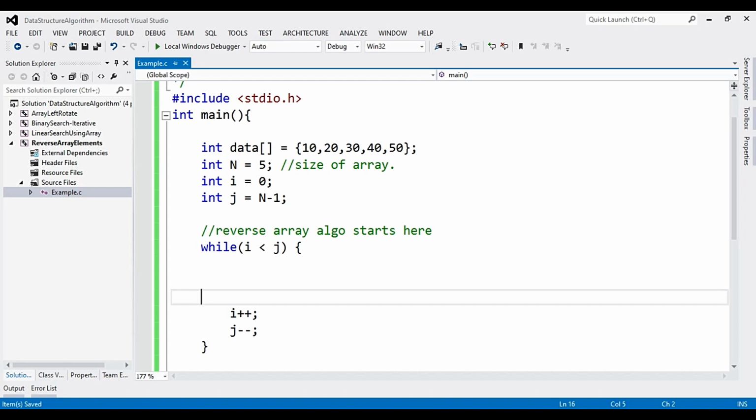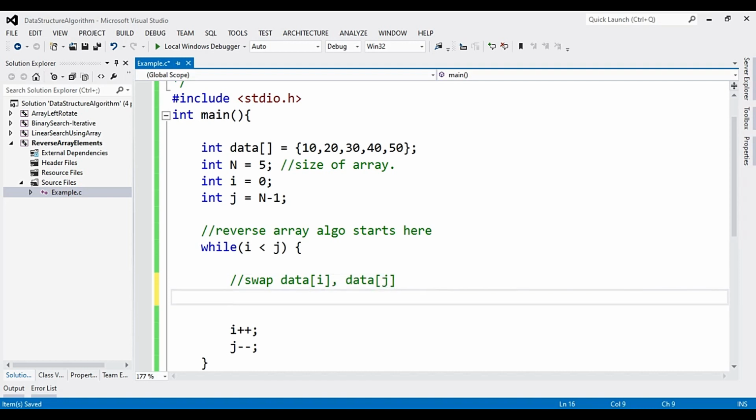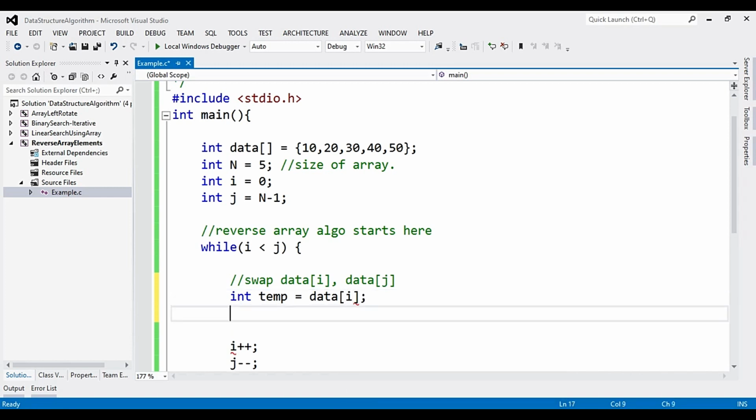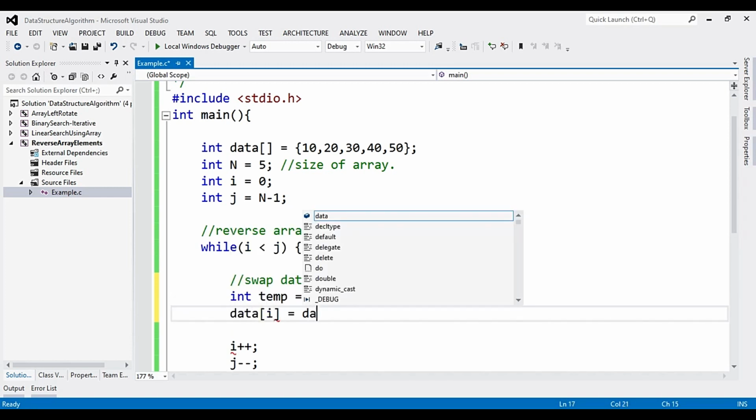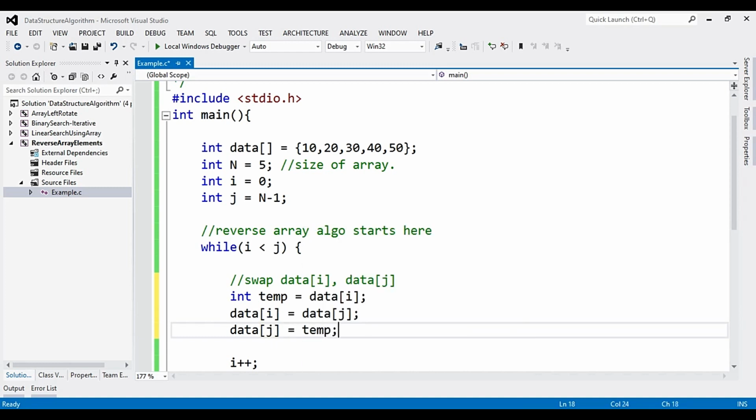But before we increment and decrement, what we need to do is swap data of i with data of j. Now I'll write a simple swap logic here. I'll declare a temporary variable which will hold data of i, and data of j now will be copied in data of i, and data of j will have temp's value.